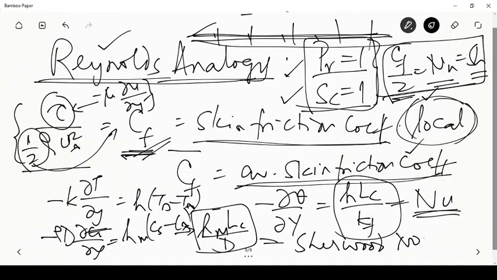So now from this we will try to get the orders of magnitude of the boundary layer thickness and hence the Cf and Nu and Sh for the cases of a boundary layer when the Prandtl number is equal to 1 first, and then we'll look at heat transfer from the wall when Prandtl number is not equal to 1. So what will be the changes that will happen in the mechanisms of heat transfer because of the changes in the boundary layer